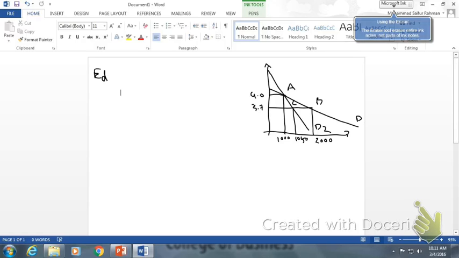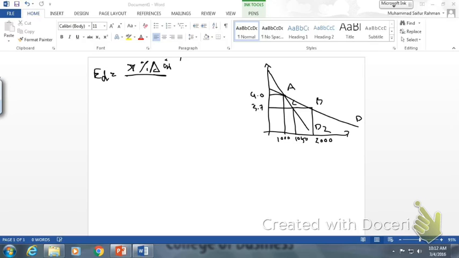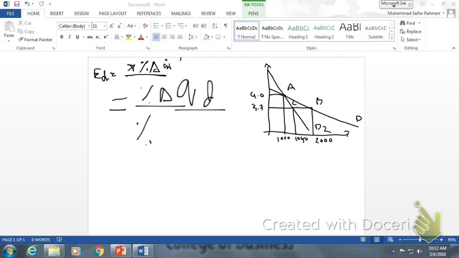The price elasticity of demand is the percentage change in quantity demanded divided by the percentage change in price. The delta sign is for change. So for